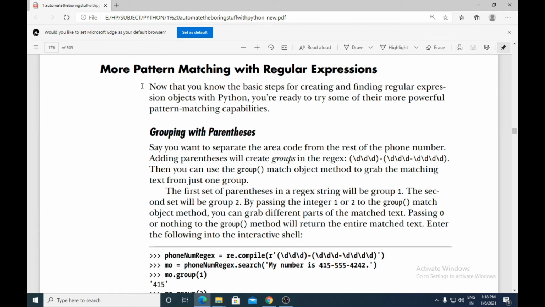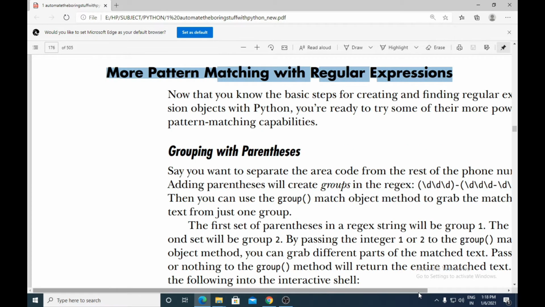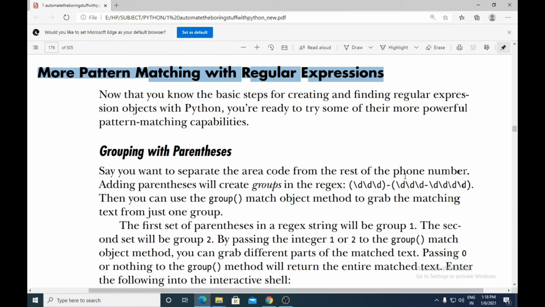Students, the next topic we have here is more pattern matching with regular expressions. As we know how to search for a particular regular expression in a string, we'll do different types of pattern matching with regular expressions.